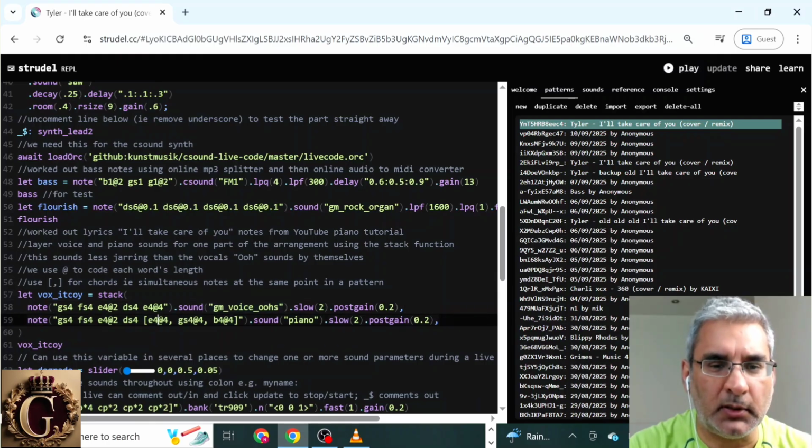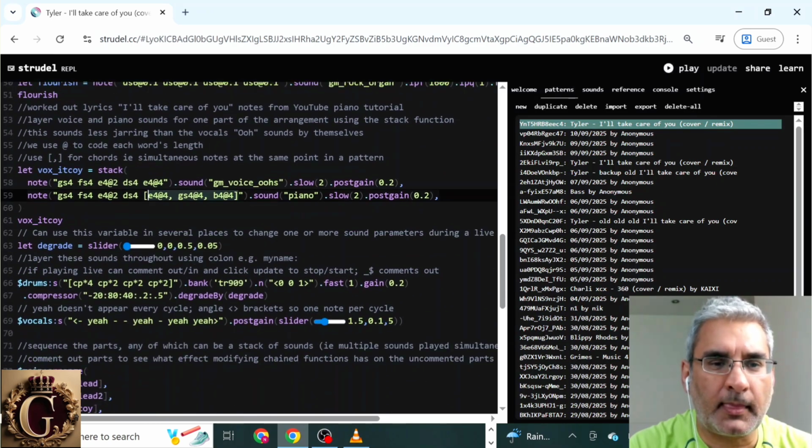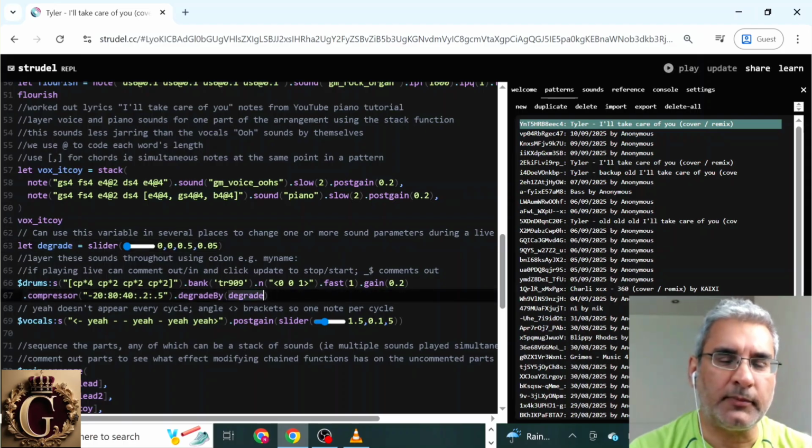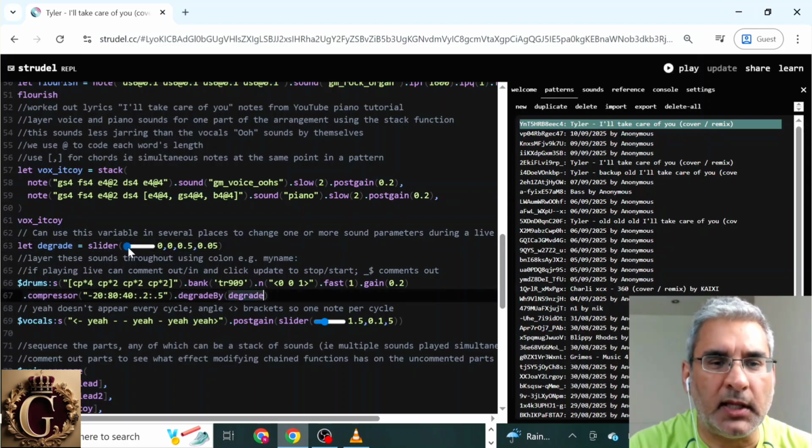We can put a comma between the notes in a group to have them play together, play at the same time and create a chord. And then finally I use this slider. I assigned a variable to a slider so we can actually use this variable to grade in various other sounds. So it's used there, for example, and on the fly change the level of degradation of the sound just by